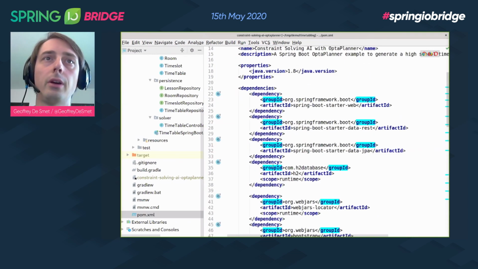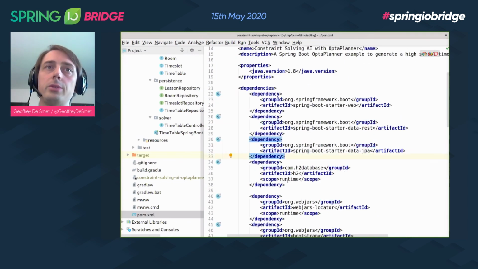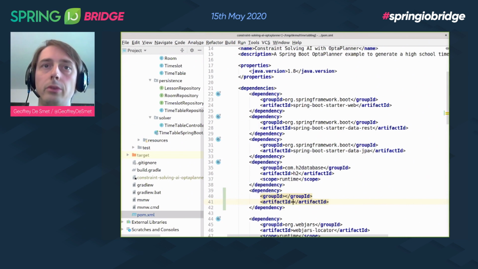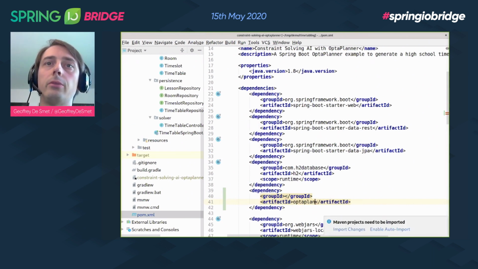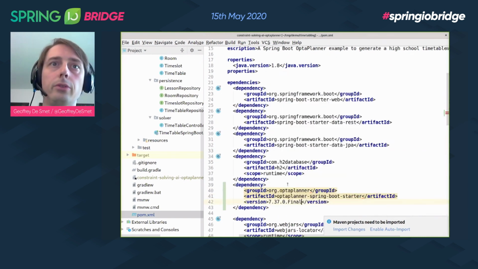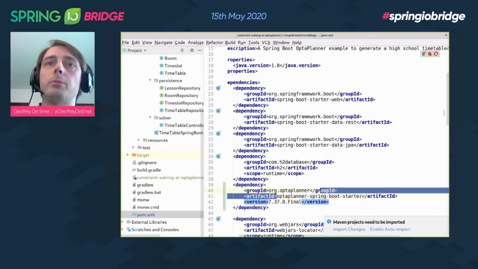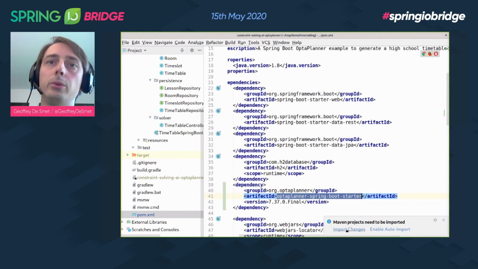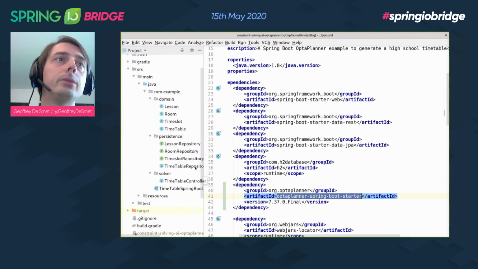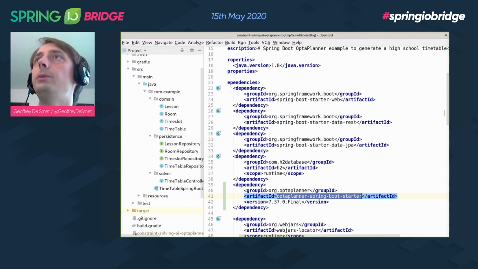And what I'm going to do is here in the Spring Boot starters, I'm simply going to add, maybe over here, I'm going to add a dependency. I'm going to use OptaPlanner Spring Boot starter. Here we go. And I'm going to use the latest version, right? So simply adding the OptaPlanner Spring Boot starter. This is IntelliJ, so I'm just going to import the new things, and I should now have access to everything in there. So the next thing we need to do is we need to tell OptaPlanner what it can change